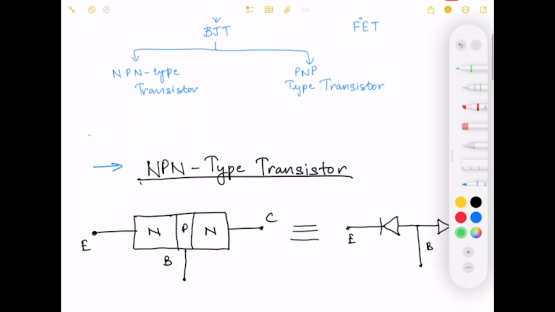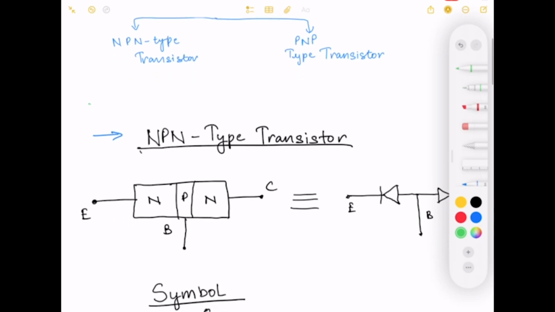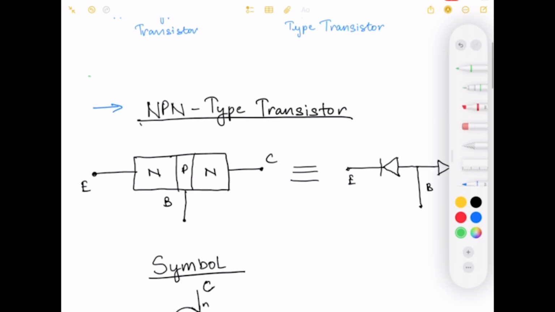NPN type transistors are a type of bipolar junction transistors composed of two layers of N type semiconductor material with a layer of P type material in between. These are composed of three layers of regions. First, the emitter region. Second, the middle region is the base region, and another side of this transistor is the collector region,